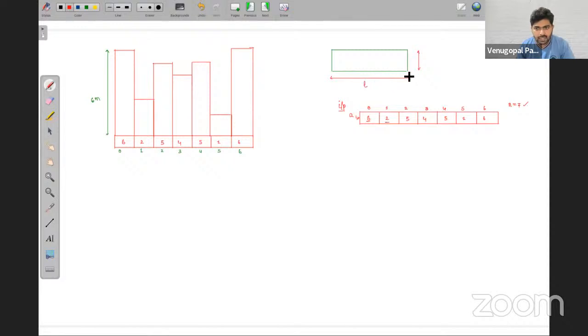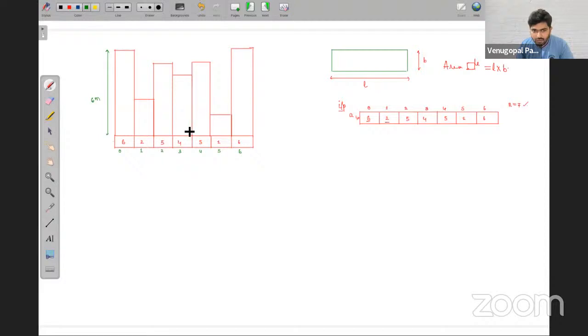So what is the formula of a rectangle? The area of a rectangle is length into breadth. We know already. Okay, this is the formula, right? Now histograms, we have visualized it.